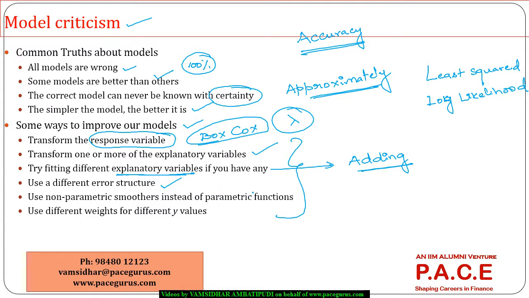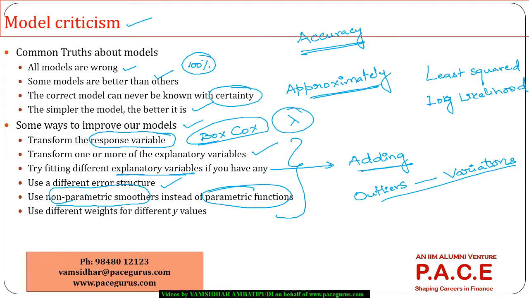If my parametric functions are not doing a good job, there are a good number of outliers in my data, and there is a lot of variation present in my explanatory variables, then if required, better go ahead with non-parametric smoothers rather than directly using the parametric functions on the data. And one more step that is suggested is, if possible,